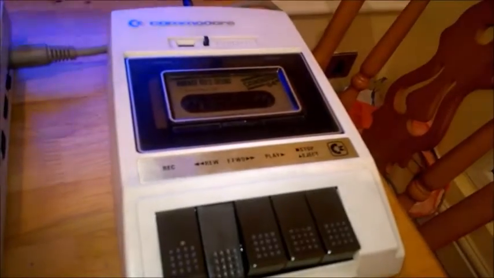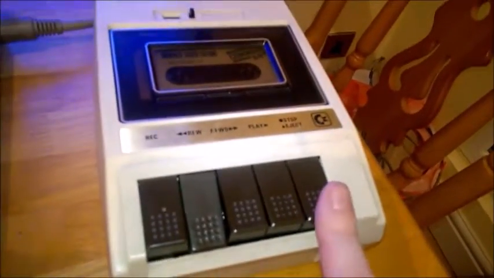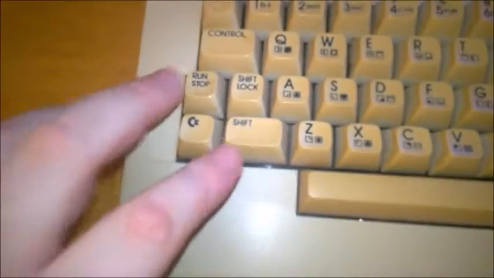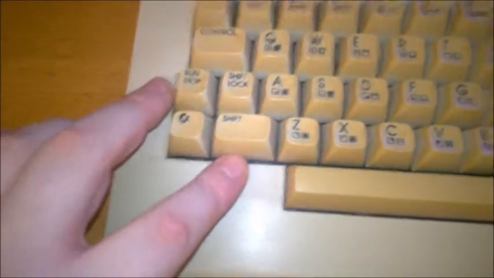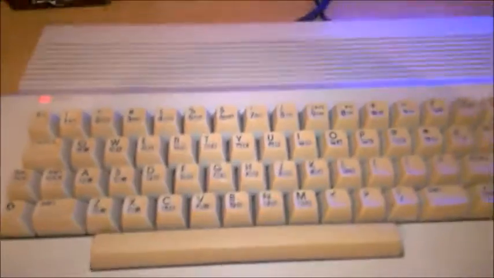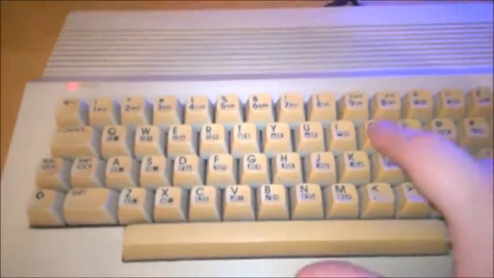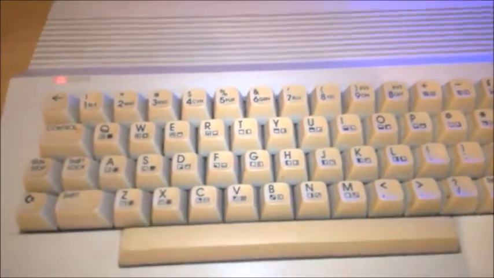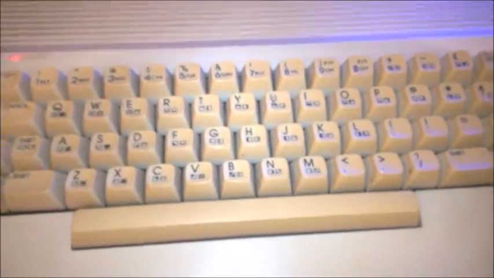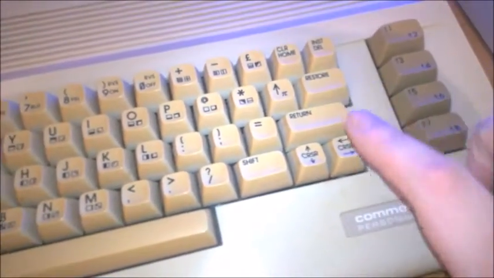So you're going to pop your cassette into the data set player. You're going to make sure it's rewound right to the beginning, which this already is. Then you can press Shift and the Run button at the same time, or you can do it the way I like to do it. Type LOAD, L-O-A-D, then hit return,